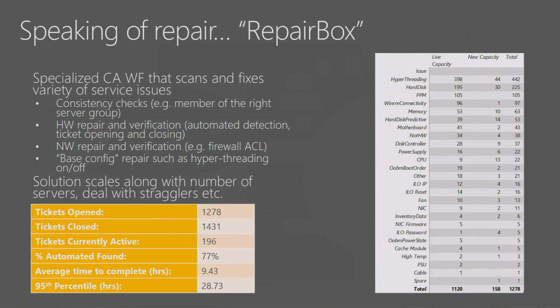So what do we do? Well, we created a specialized workflow that we call RepairBox. It is the reason why we actually don't see the 10 to 15% failure rates. In fact, we consistently see only about 1% that our engineering team has to deal with. This particular workflow goes around the world and checks for machines, tests them, and maybe proactively pulls them out of rotation in order to avoid them becoming a roadblock when deployment is about to begin. In fact, we have tied deployment workflows to RepairBox so that they work hand in hand in terms of isolating, identifying bad machines, and taking them out of rotation.